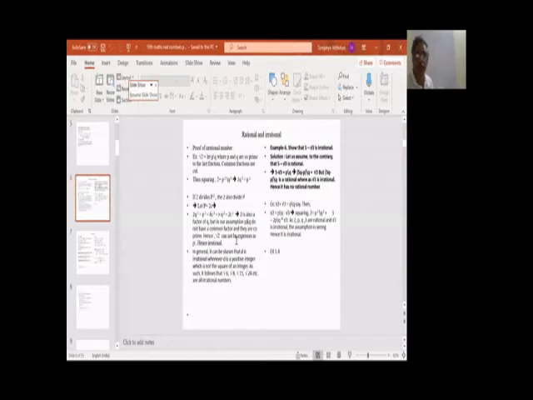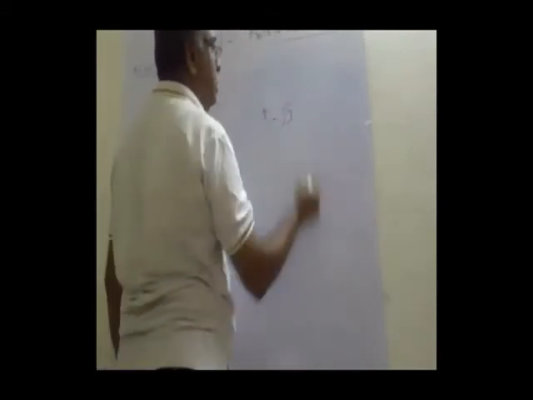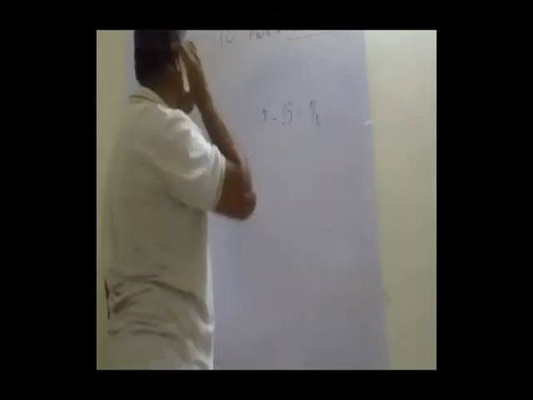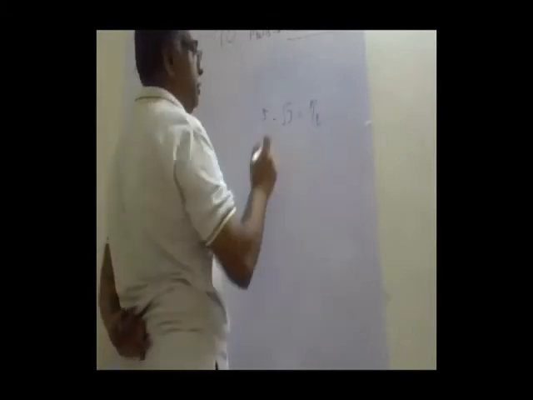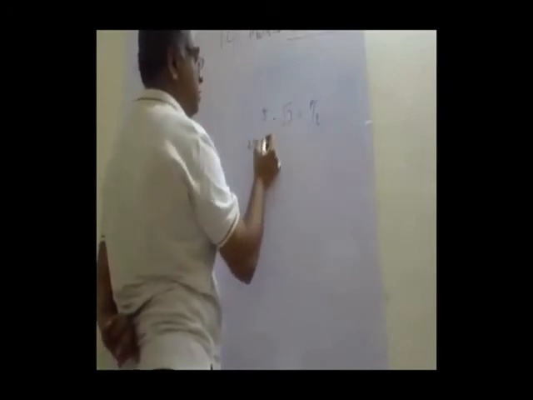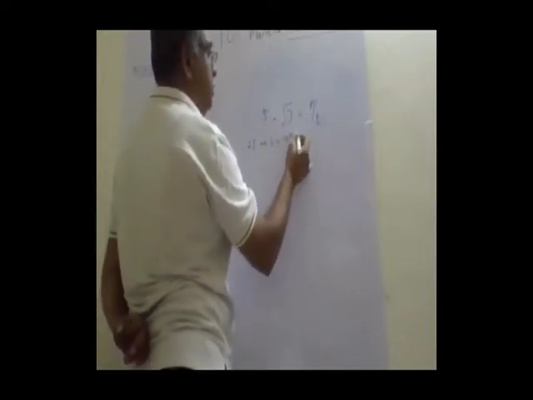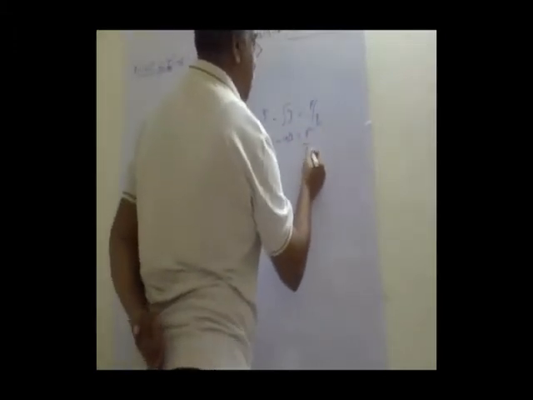Let us see, is 5 minus root 3 rational or irrational? As an example, 5 minus root 3, whether it is rational or irrational. Let us assume this is rational, equal to p by q. Squaring both sides, 5 square plus root 3 whole square, that is 25 plus 3 minus 10 root 3, is equal to p square by q square.